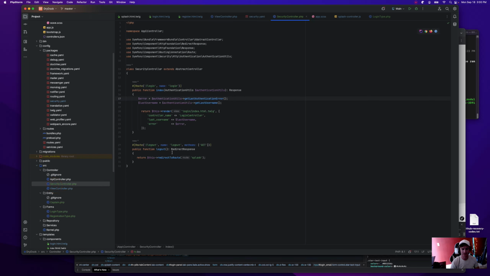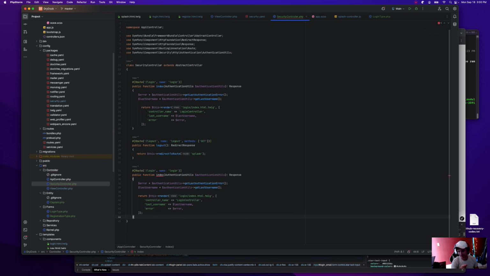In my security controller, I'm going to add a route for register. We're not so worried about login yet. We got some stuff we're going to do here to get this all fixed up. We're going to identify whether it's a Turbo request or not. If it's a Turbo request, then we'll do a Turbo frame load. If it's not, or the user's authenticated, or it's a bad attempt to access a firewall, then we'll do a full page load. We can deal with that in a minute though.